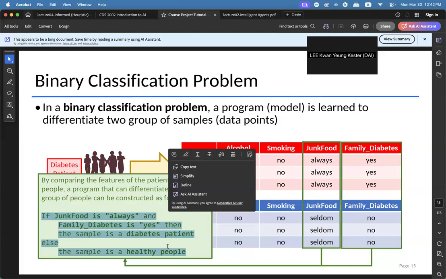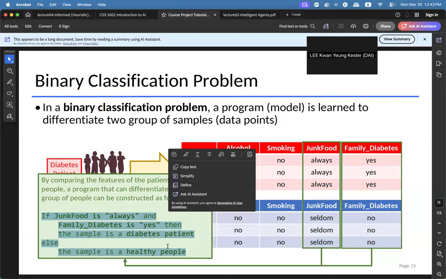For the family diabetes feature, most of the diabetes patients will have the value of yes, but most of the healthy people will have the value of no. So we can use the junk food feature and the family diabetes feature to differentiate these two groups of people. Does it all make sense? Any questions?